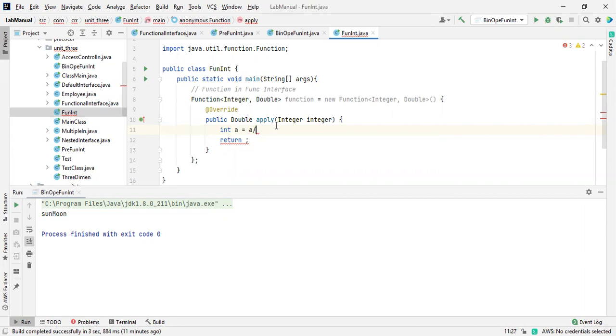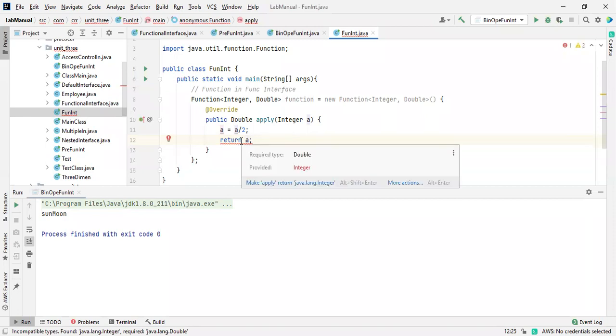So why am I taking this? I need to get this value, right? I will change this number as a. A is equal to a by 2. It should be a double one. It should be double. Every time it is showing a. Okay, it's okay. I will copy that one and paste it over here to save some time. Directly it will be represented like this. That doesn't matter, so I'm going to remove this.